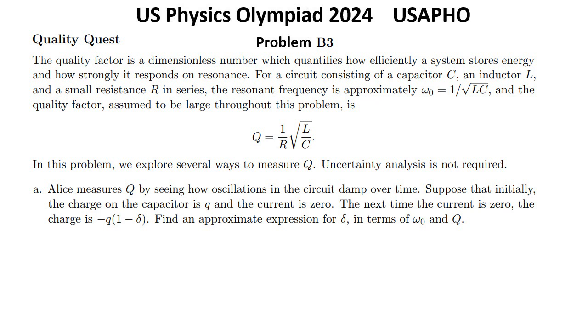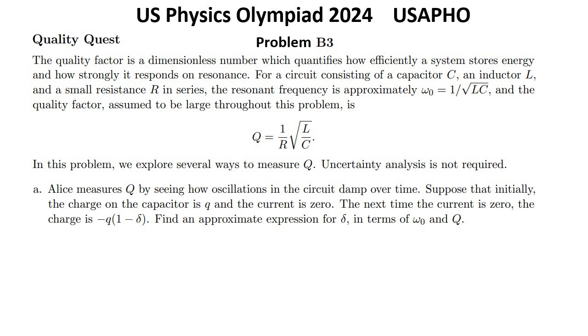Problem B3. Quality Quest. The quality factor is a dimensionless number which quantifies how efficiently a system stores energy, and how strongly it responds on resonance. For a circuit consisting of a capacitor C, an inductor L, and a small resistance R in series, the resonant frequency is approximately omega 0 equals 1 over square root of LC, and the quality factor, assumed to be large